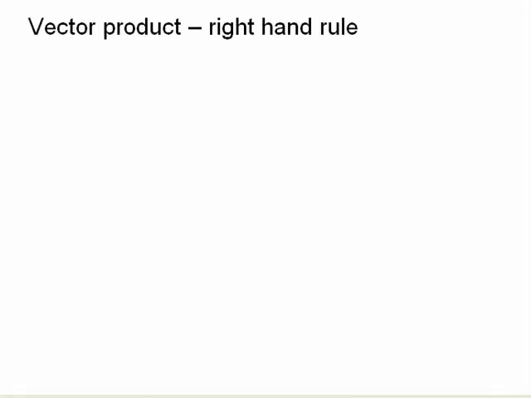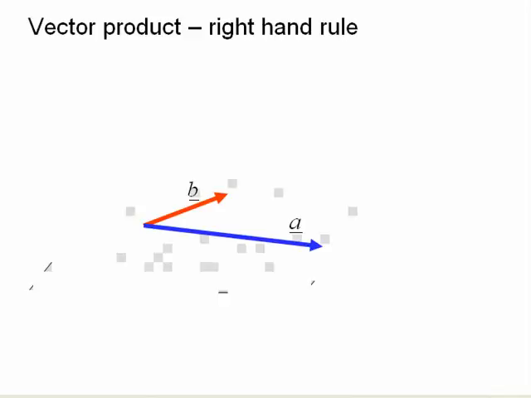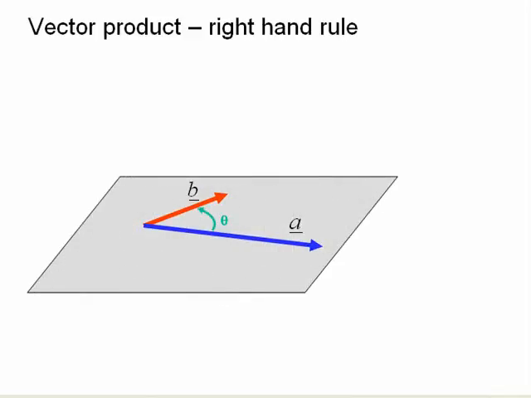To obtain the vector or cross product of the two vectors A and B, we start by drawing the two vectors with their tails together at the same point. The two vectors then lie in a plane as shown here. The angle between the vectors is theta. The vector product of A and B is defined to be another vector, C,